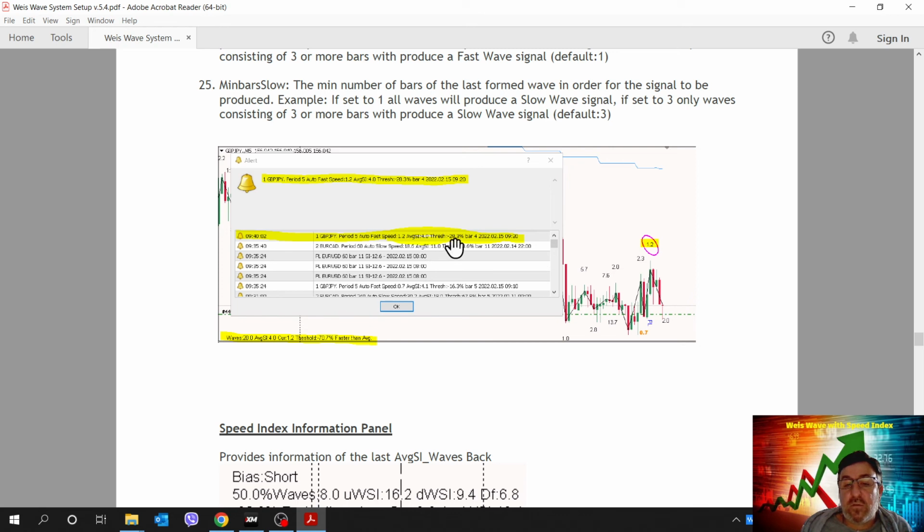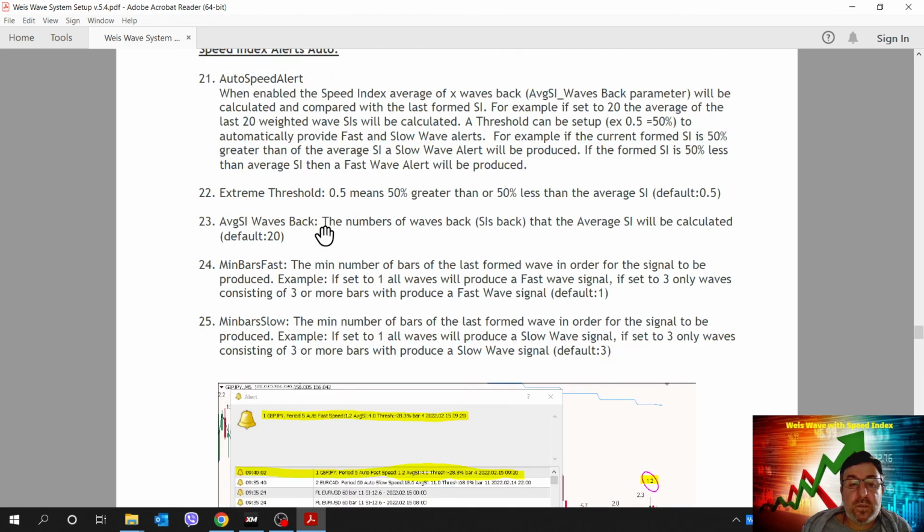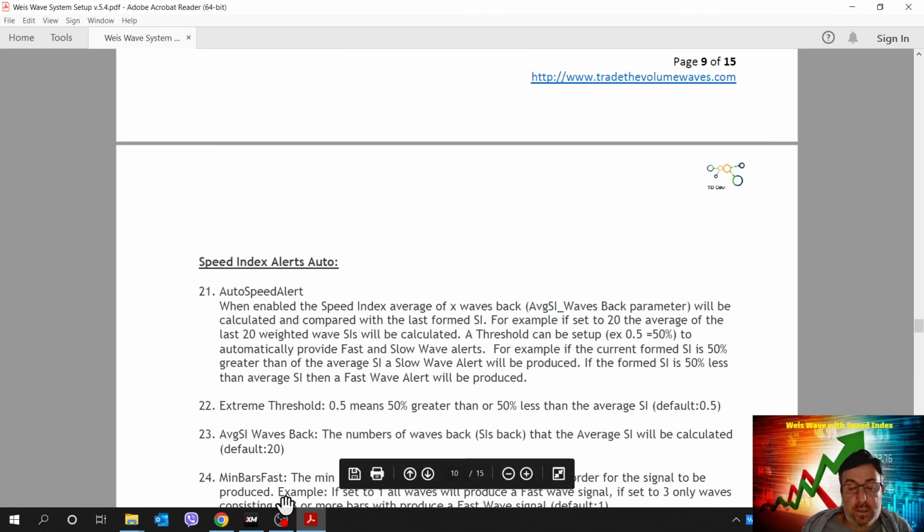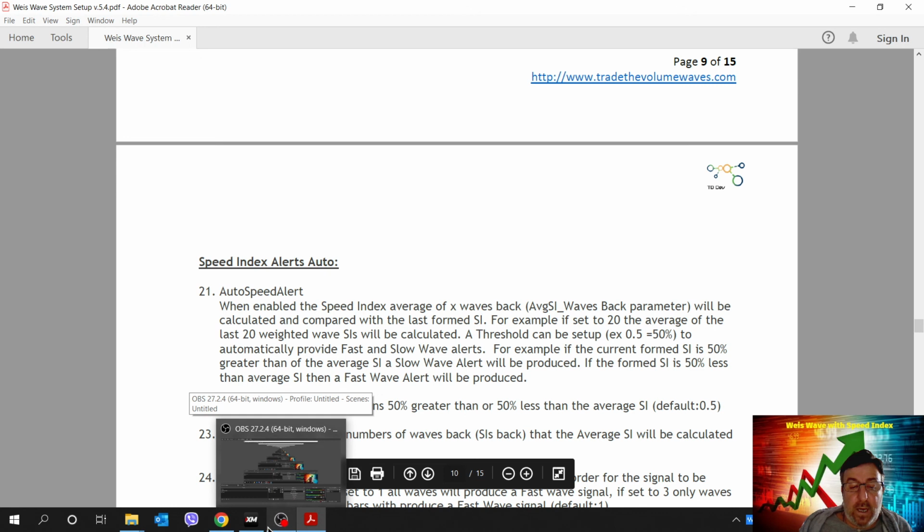So it's threshold minus 20, so that's a fast wave. Here we got other signals, Bluetooth, as you can see it says PL, which means Bluetooth long, on Euro USD, okay, and the time. So this is how the signals come out. All right. Back.